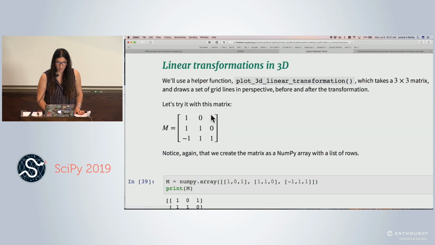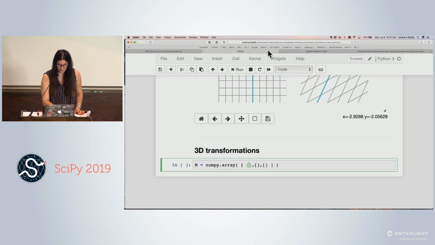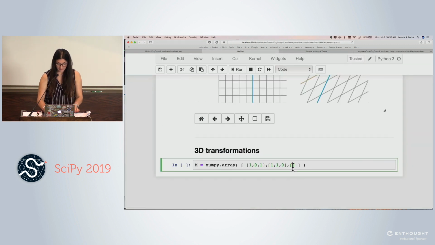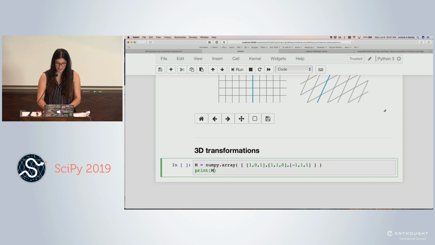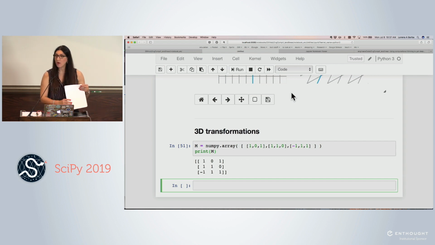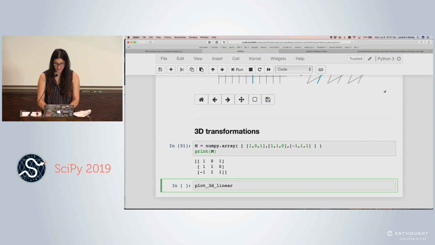And let's look at it again. 1, 0, 1, that's the first row. The second row is 1, 1, 0. The third row, minus 1, 1, 1. There's M. Let's print M to make sure that it comes out the way we want it. And it looks like it's correct. 1, 0, 1, 1, 1, 0, minus 1, 1, 1. Okay, there's M. So now we can plot the 3D linear transformation with this helper function,